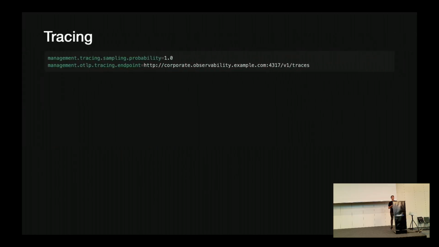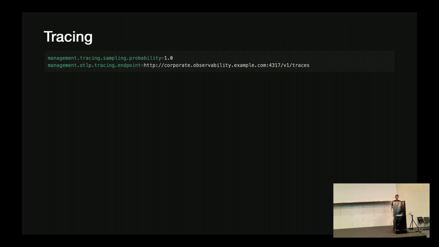And afterwards, we can configure the tracing. By default, Spring Boot will only sample 10% of all the requests to prevent overwhelming the trace backend. We can change this property to, let's say, 100% so that every trace is sent to the trace backend. This can be helpful during development or when we are just starting to explore things, for example. And of course, we have to set an endpoint to a trace backend to whom all the traces will be